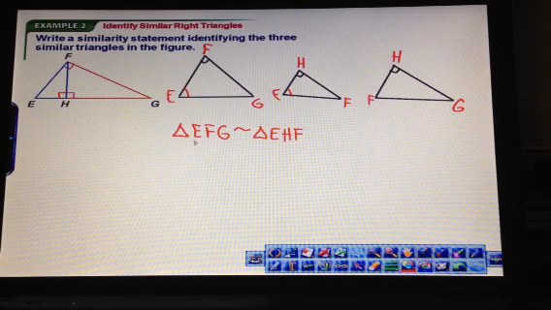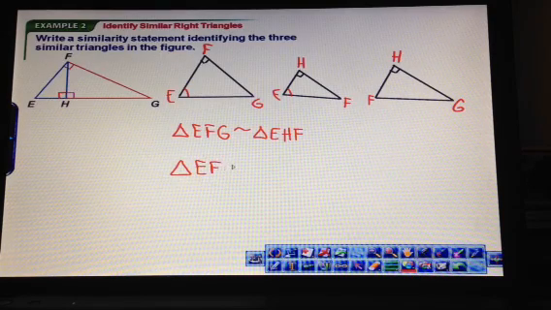And again, make sure that you're careful as you write this similarity statement. E is the same as E, F and H are both the right angles, and then G and F are the third angles. We can also say that our original triangle,